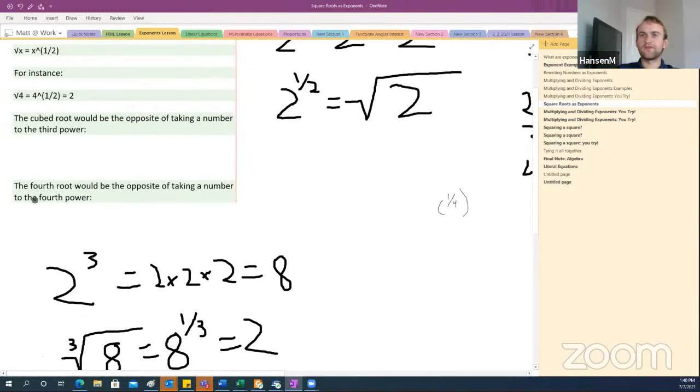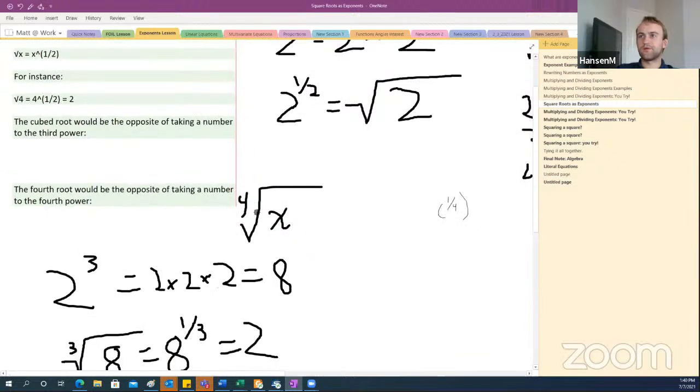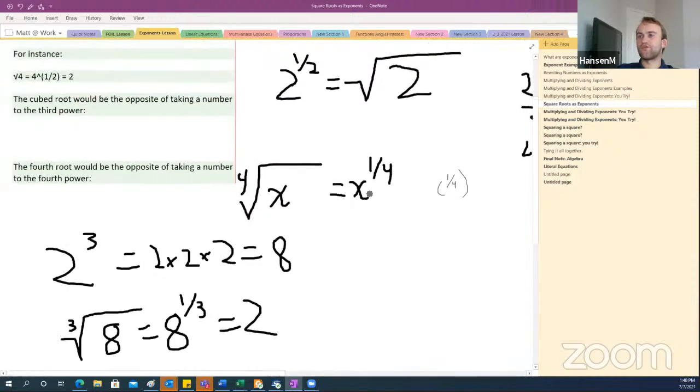The fourth root would be the same thing. You would write that as a little 4 on your square root symbol with some number, or some number to the 1 over 4. I should note real quick that whenever I write this x, what I mean by that is x is some number. So x can be any number. It can be 0, it can be 1, it can be